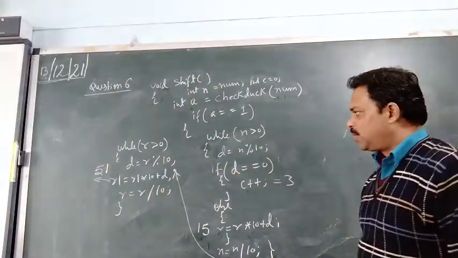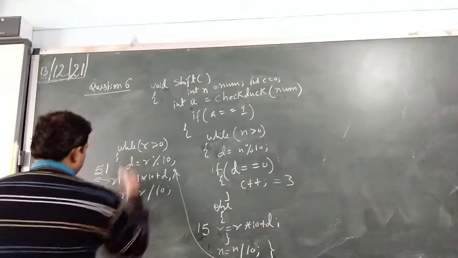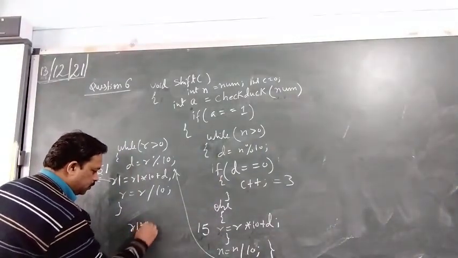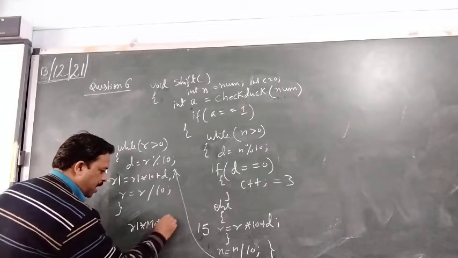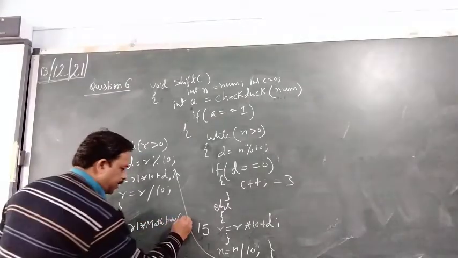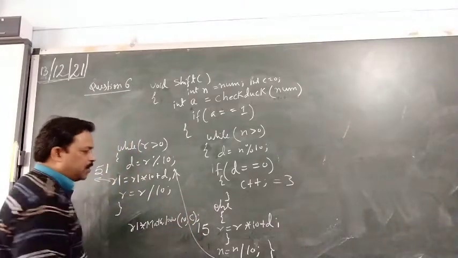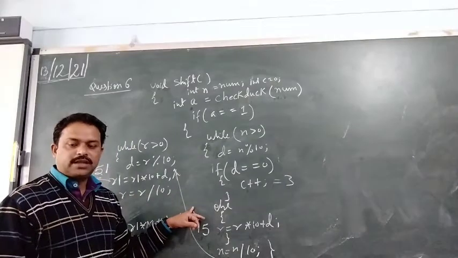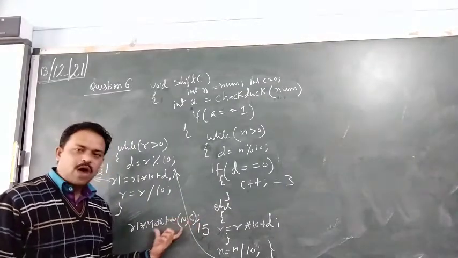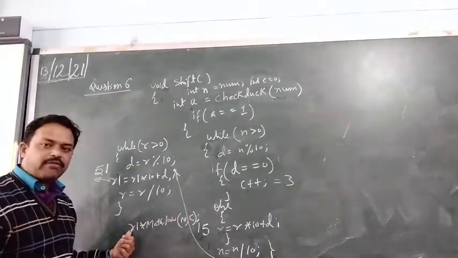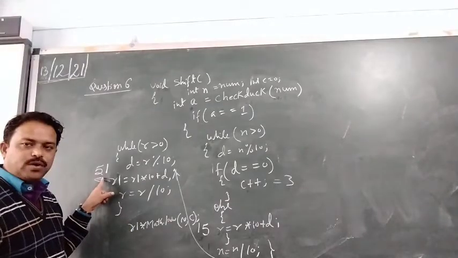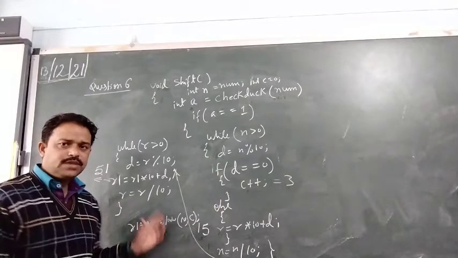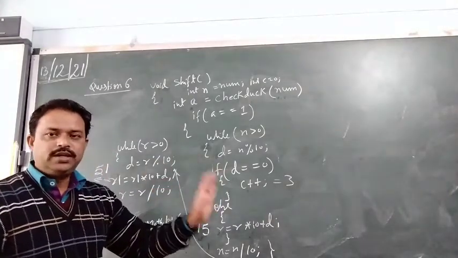Now very simple. What am I going to do now? After this loop, I will write r1 into Math.pow(10, c). What is the value of c here? 3. So what will it become? 10 raised to power 3 means 1000, and that 1000 value will get multiplied by r1. What is there in r1? 51. So overall it will become 51,000. 0 has been shifted to the right side.